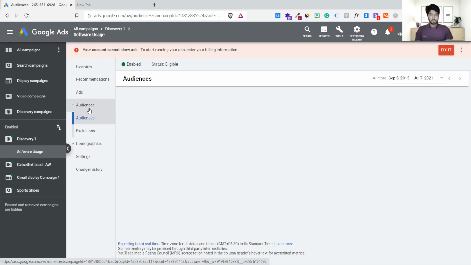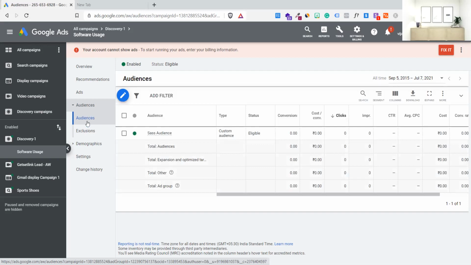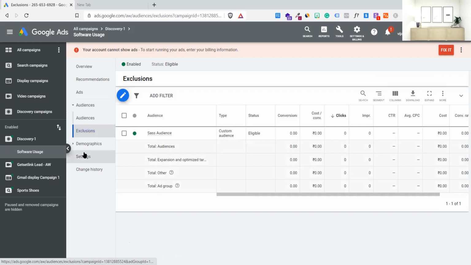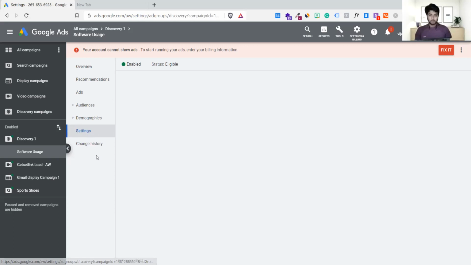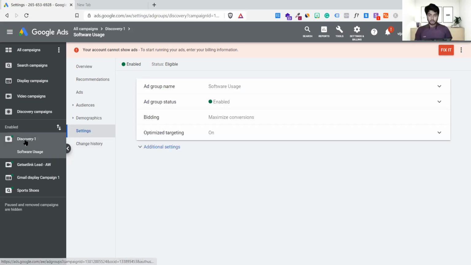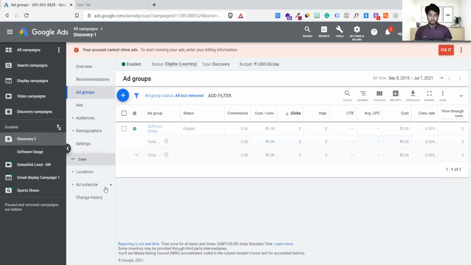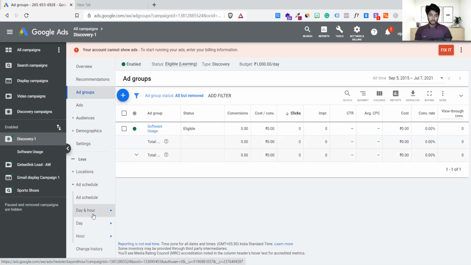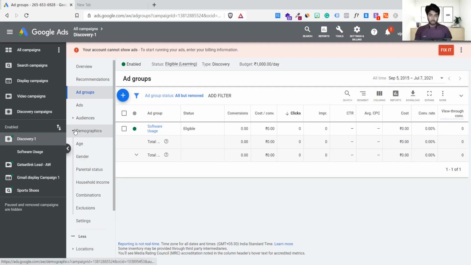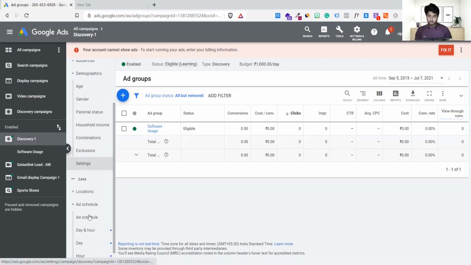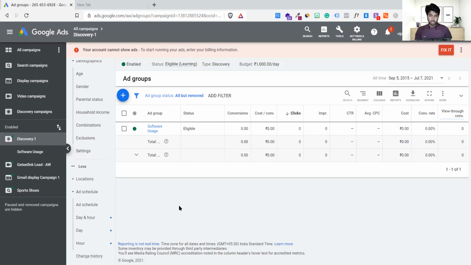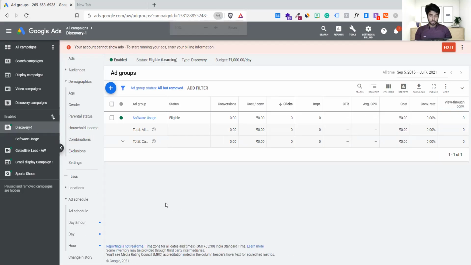This is the audiences. Under the audiences, we have to click on, not actually audiences, come to the settings. It's not here. It's over here. Ad schedule, everything is here. Demographics, exclusions. Wait, there are more settings available. You have to enable it.